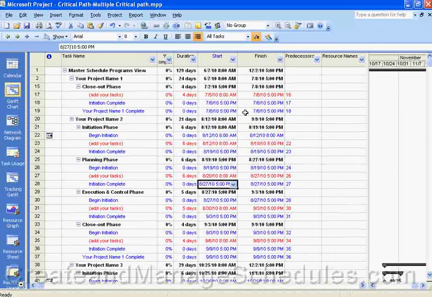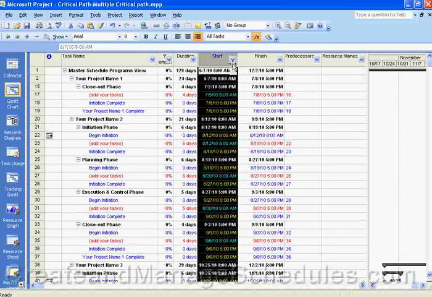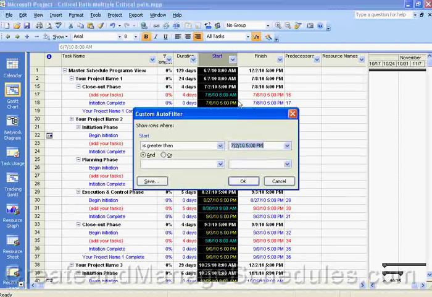And of course, when this filter is on, you can see in the ID column how we're missing numbers, like it jumps from 2 to 15. That's an indicator that the filter is on. Also, the blue label tells you that there's a filter on a column. You can filter, by the way, on multiple columns at the same time. So right now we have a custom filter that says, show tasks that are greater than 7/2